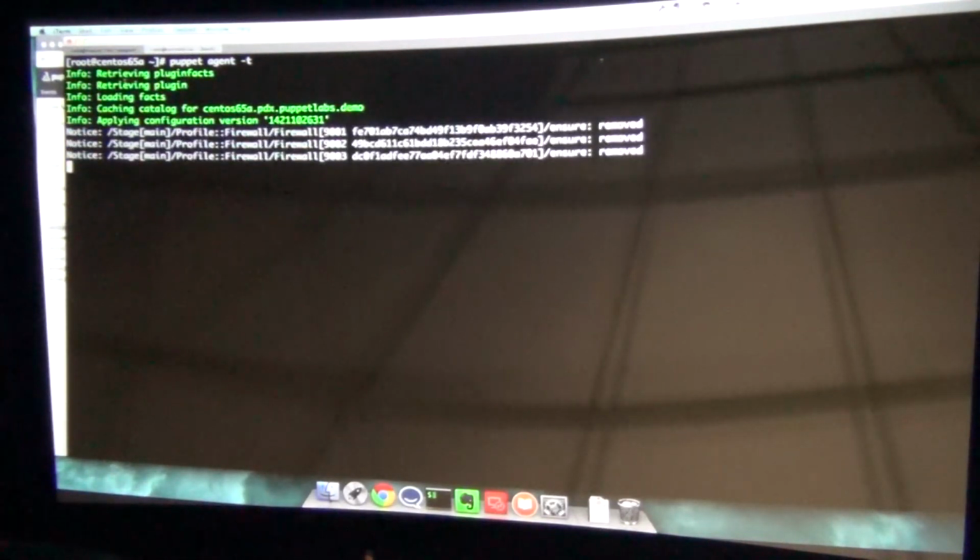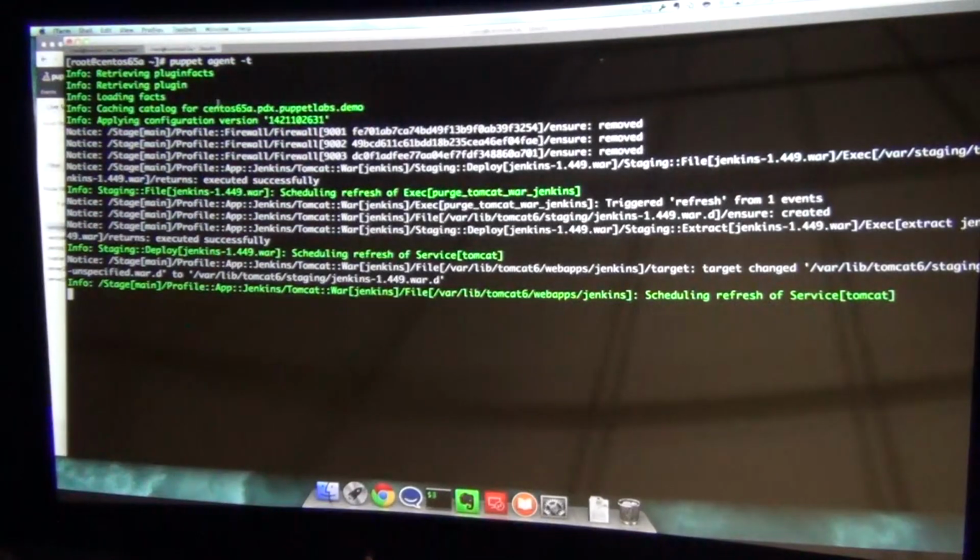So now I'm just going to run puppet agent -t. This is a different command than the puppet apply that I ran earlier. This is actually telling the agent to connect back in with the master and have the master compile the catalog describing the resource states that I want each of my resources to be in, instead of compiling the catalog locally, which is what happens when you run a puppet apply. So now I'm going to go ahead and run puppet agent -t. It's letting me know here, it's loading facts, it's loading those Facter facts, retrieving the catalog from the master,